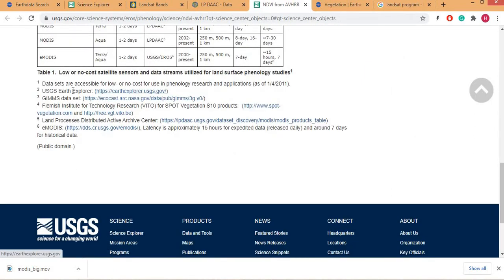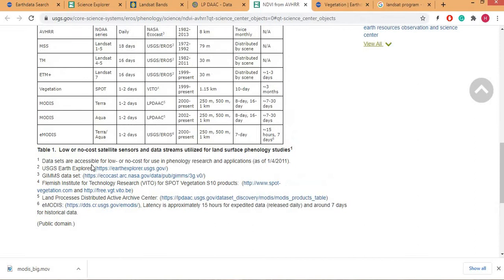Here we have links, Earthdata, GIMS data, and here we have multiple links. We can see those links, and I will share these links with you to study, and you can also explore different other websites or different links to study these data sets.